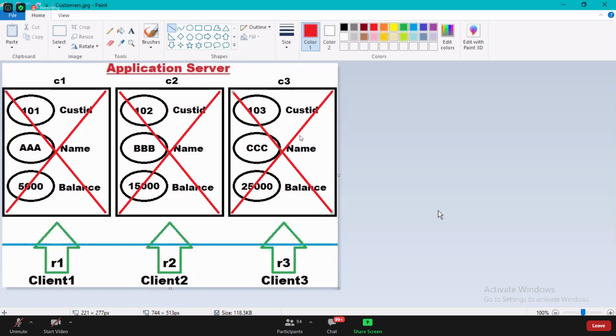After completing the transaction, the machine would ask, do you want to do another transaction? Yes or no. If you say yes, again the menu will open and you can do one more transaction. Like this, it will keep opening the menu multiple times so that you can do multiple transactions.